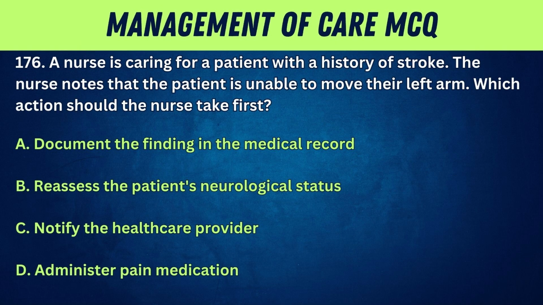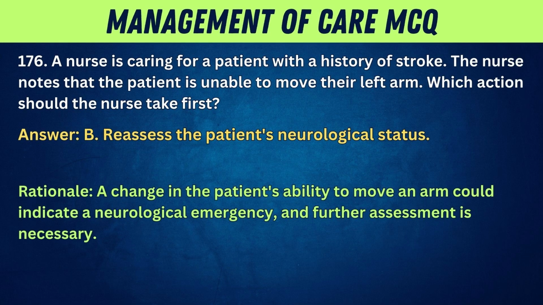176. A nurse is caring for a patient with a history of stroke. The nurse notes that the patient is unable to move their left arm. Which action should the nurse take first? A. Document the finding in the medical record. B. Reassess the patient's neurological status. C. Notify the healthcare provider. D. Administer pain medication. Answer. B. Reassess the patient's neurological status. Rationale. A change in the patient's ability to move an arm could indicate a neurological emergency, and further assessment is